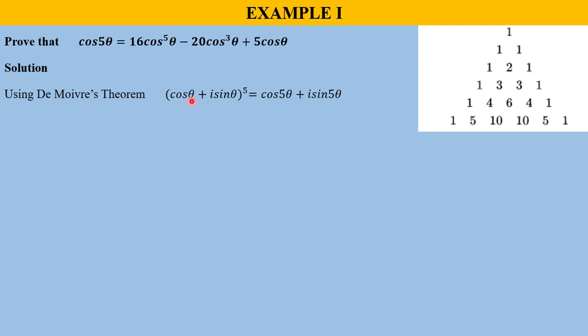Using Moivre's theorem, whereby (cos theta plus i sin theta) power 5 is equal to cos 5 theta plus i sin 5 theta. So here our integer is 5, and from the proof that is required, we can consider the power to be 5. So the next step is